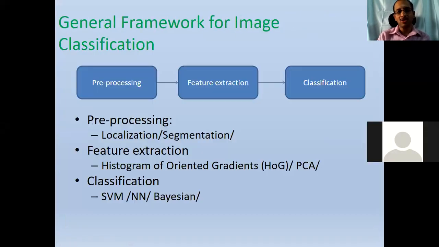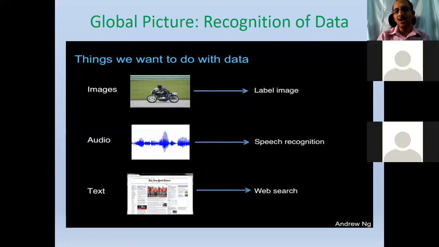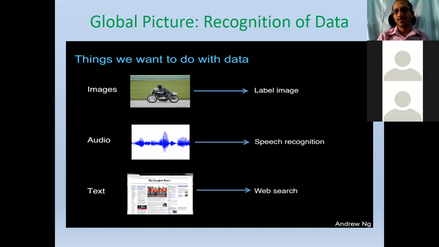And then what did we say about them? What was the main point that was mentioned? For different data types, pre-processing and feature extraction are different, but classification is the same for all data types. Right, very good. For most data types, once you do pre-processing and feature extraction, classification is the same. However, how we do pre-processing and feature extraction depends upon the application, data type, and so on.